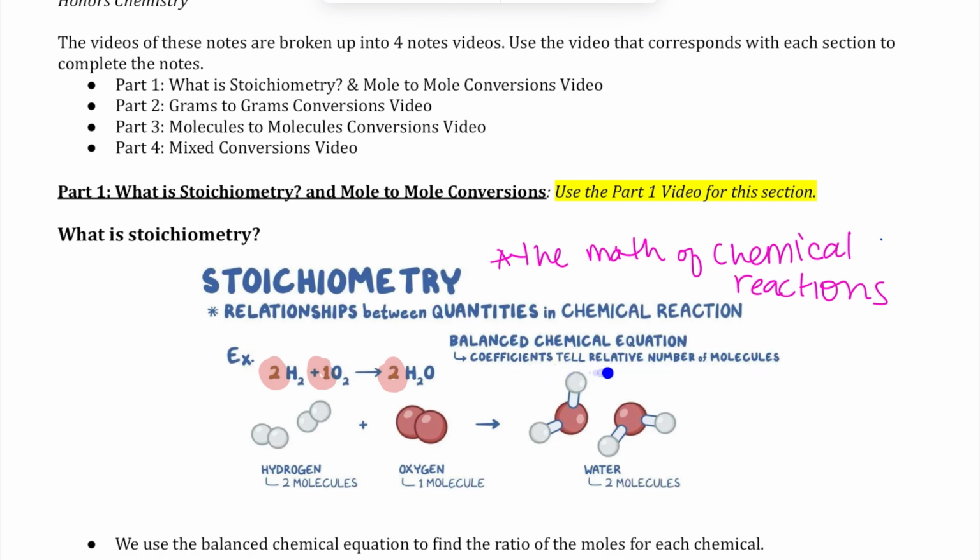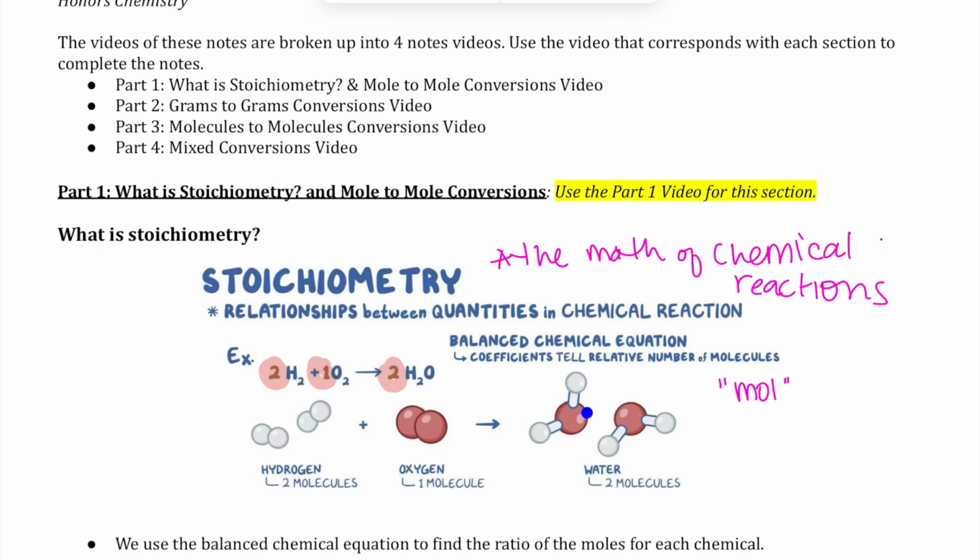Those coefficients are telling us the relative number of molecules, or since we like to use that bigger unit of moles, it's also a ratio of moles when we are looking on that larger scale. If we look at hydrogen plus oxygen producing water, H2 plus O2 produces H2O, in order to get this balanced, we need those coefficients of 2 in front of hydrogen and H2O, meaning that we need 2 hydrogen molecules to fully react with 1 oxygen molecule and to produce the 2 H2O